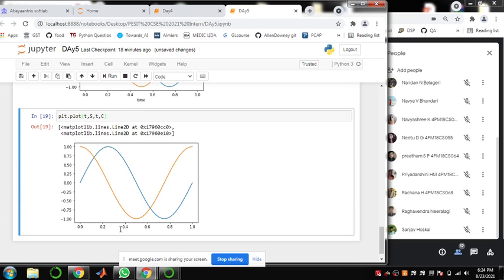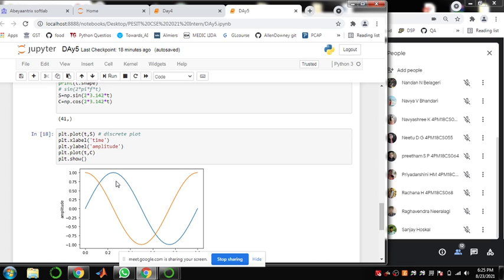Now in any case you want to change the color of the plot, and you want to play around with those options, you can do that. Let me show you a few options which are available here. For that I'll go back here and write down a few options.